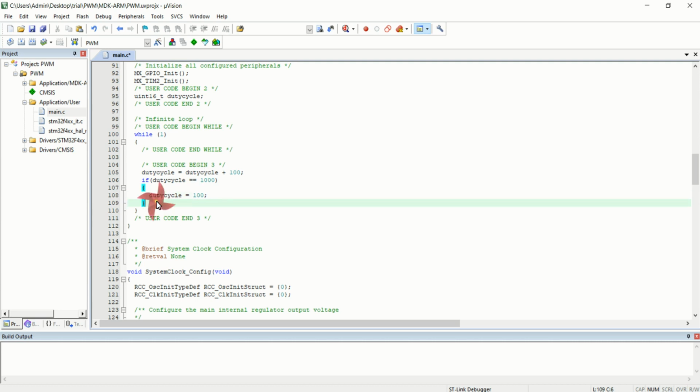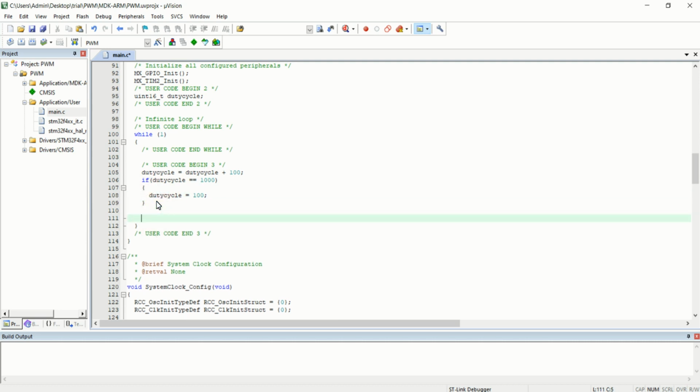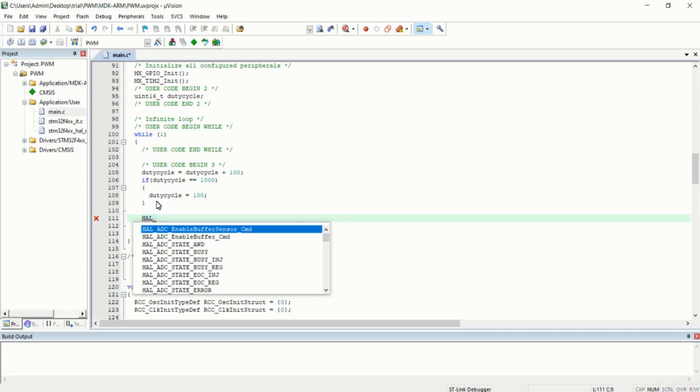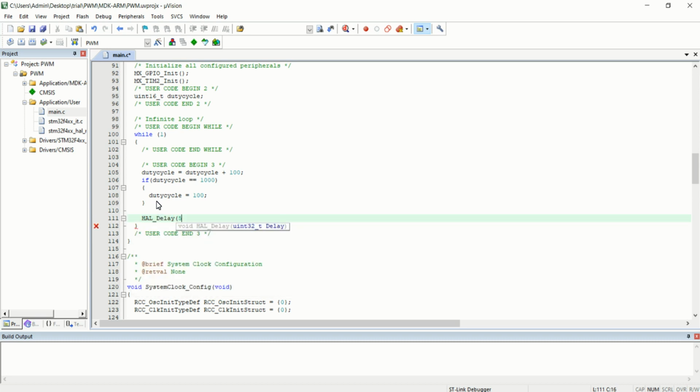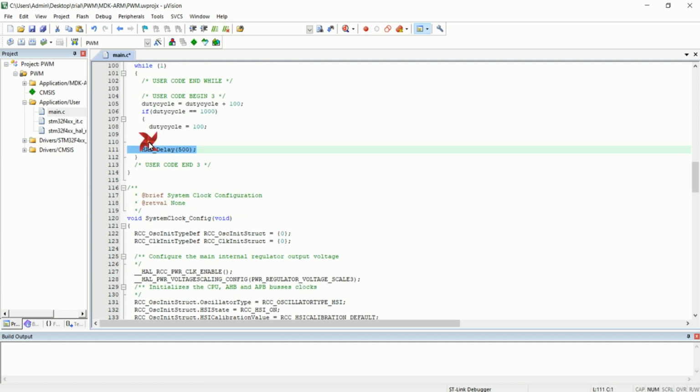So that's it. And after that I'm writing a small delay, delay of 500. So I'm giving a half second delay over here, and here I just want to write a line for varying the duty cycle of the PWM wave.